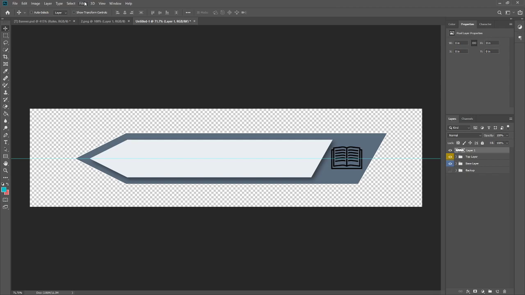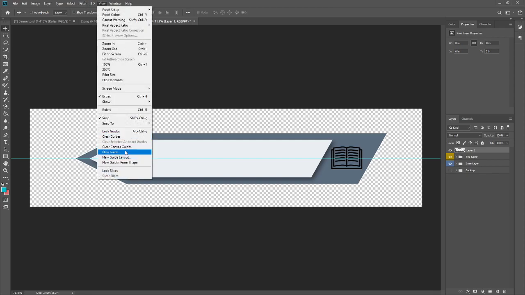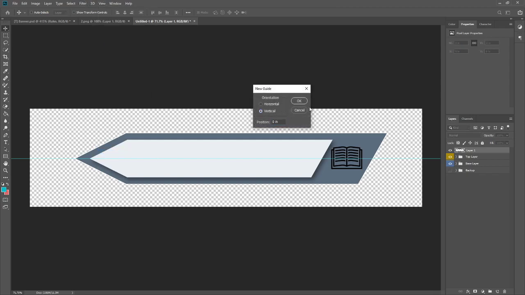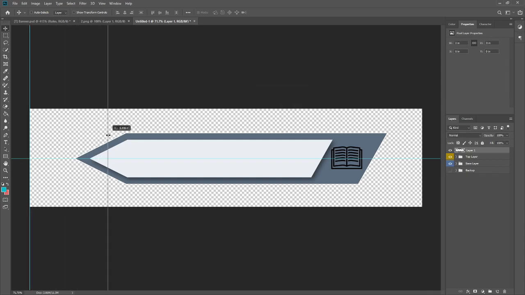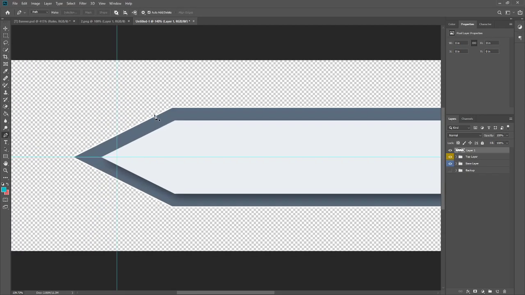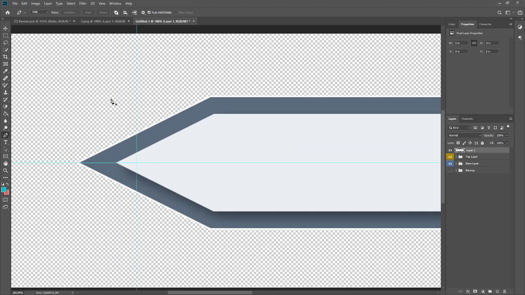And it's going to be the same sort of deal. Just add a new ruler or a new guide. Move that to about there. And we're going to make our triangle. I should probably just copy this triangle, but make a new one for the heck of it. So we're going to be right at about the top. We're going to start. So click here, and then we're going to go down.